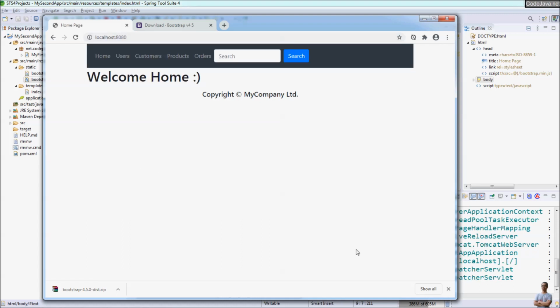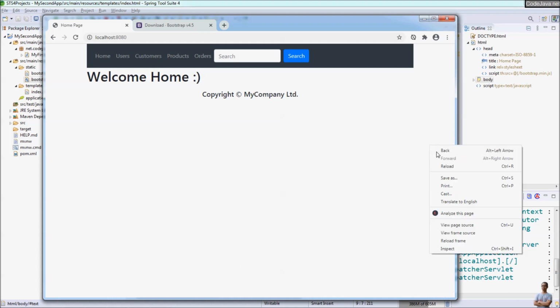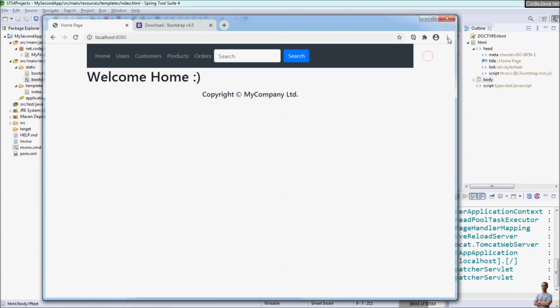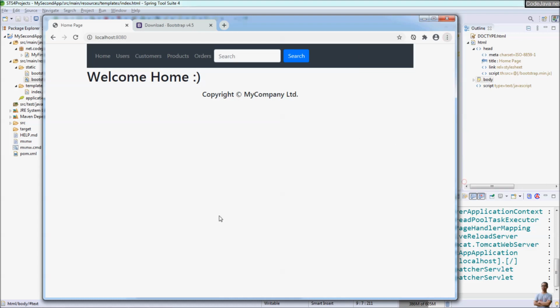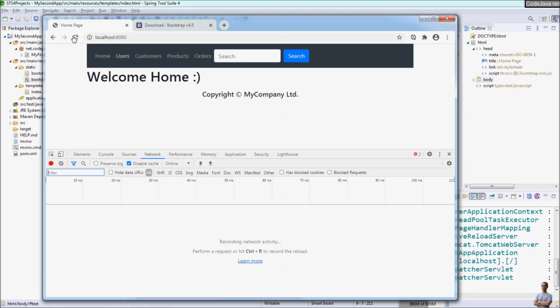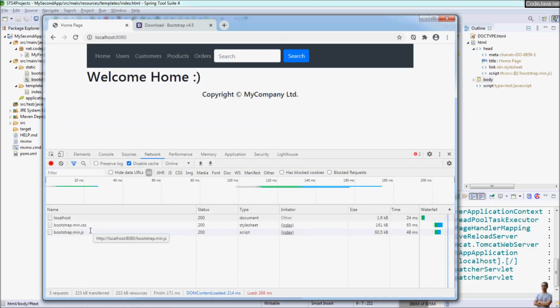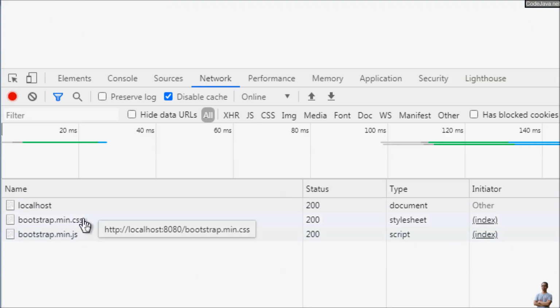You can see it looks similar because we use Bootstrap and the code is the same. Let's open the developer tools here and refresh, and you can see the two files are now downloaded from the localhost. You see,